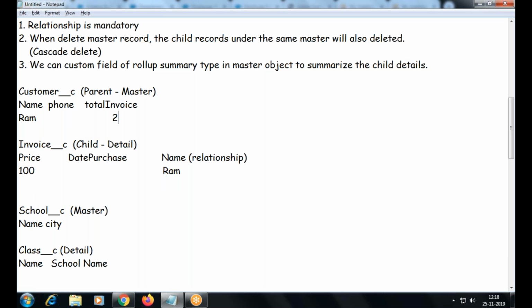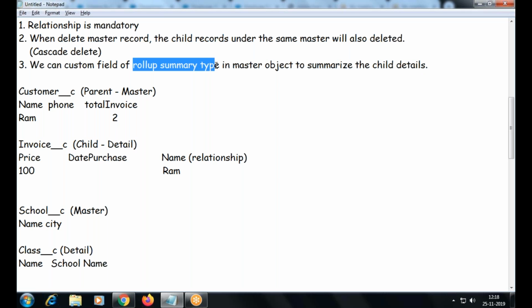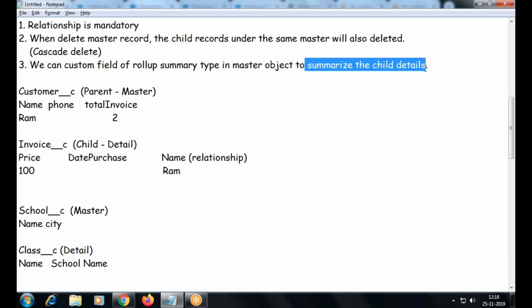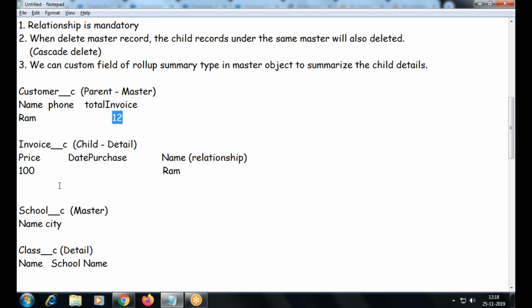So like this, the field that you are going to create here is going to summarize the child records automatically. We are not going to build any formula here. You are only going to choose a type, and what you are going to summarize, whether number of records. This is the number of records, am I right? Number of records.